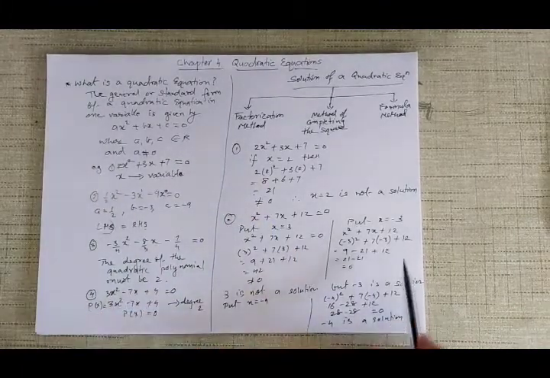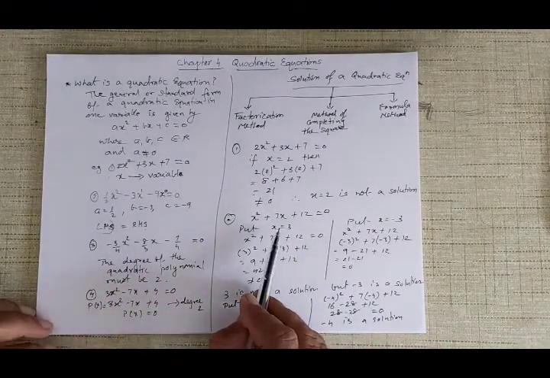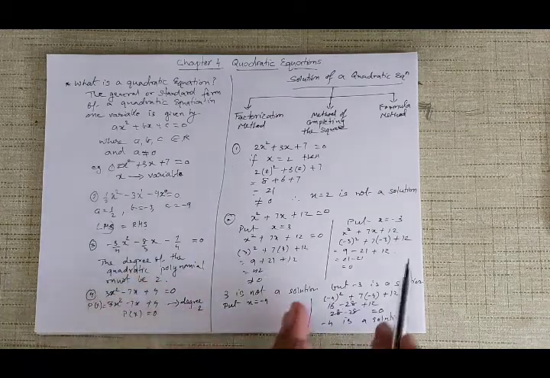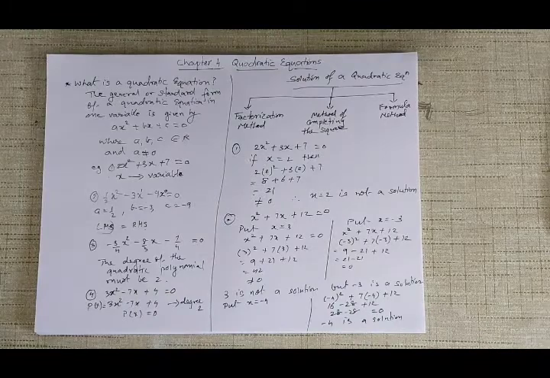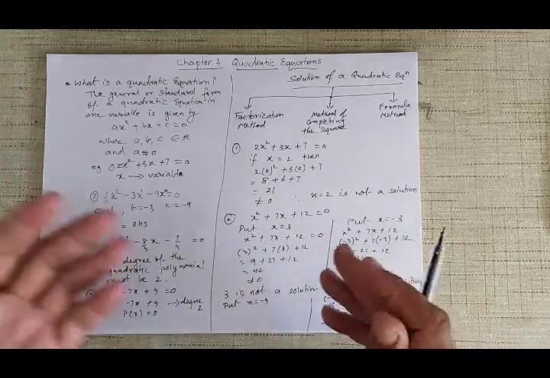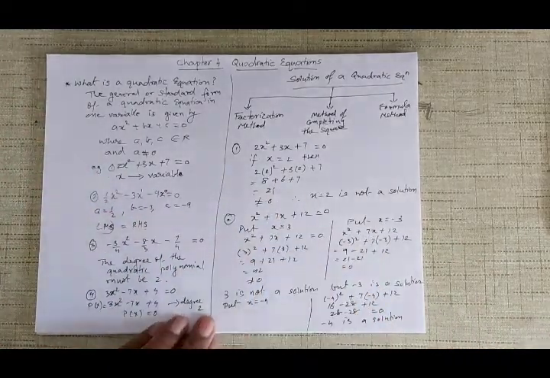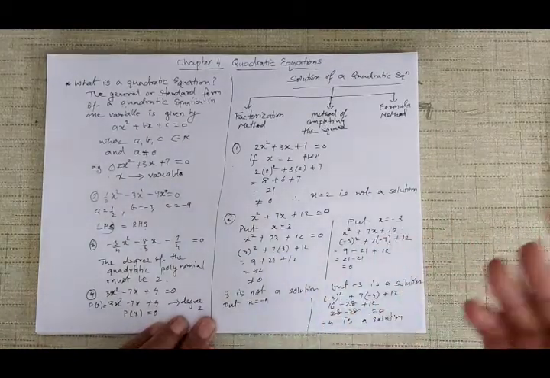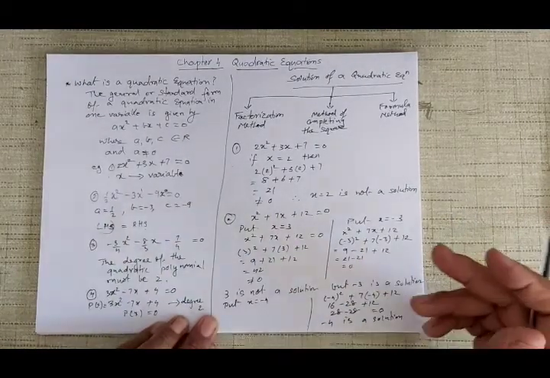Alright, so we have found out the 2 solutions. You can see that 3 is not a solution, 4 is not a solution, but minus 3 is a solution, minus 4 is a solution. So you can find out the solution of a quadratic equation by various methods. Of course this is a trial and error method. In maths you see trial and error. If you do it this way, in this case I knew it, so it became very quickly done.